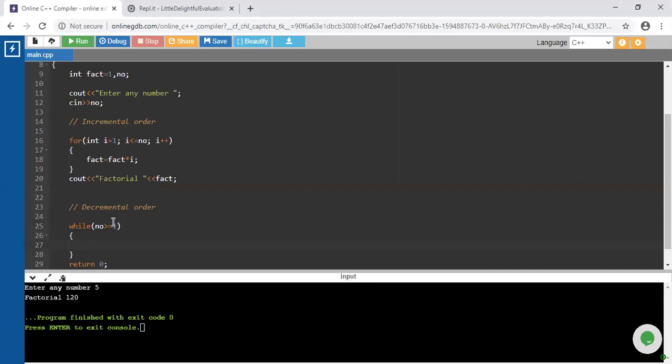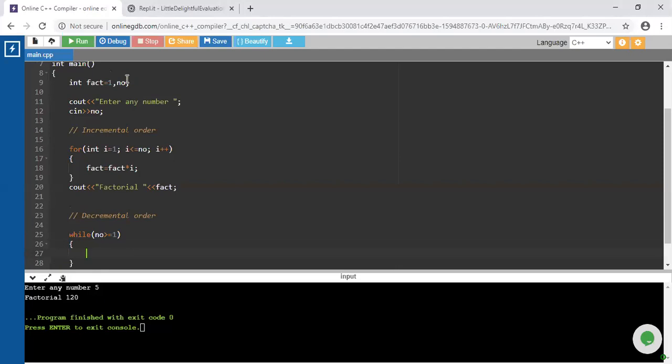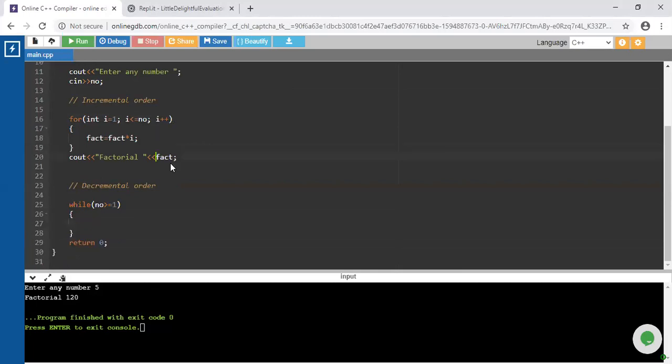The value 120 will be considered. So instead, I'm using one more variable, fact1, equal to 1. Why am I using fact1? Because if I use the same fact variable inside the while loop, the latest value 120 will be considered and multiplied again by the next value. That's why I'm using the next variable, fact1.